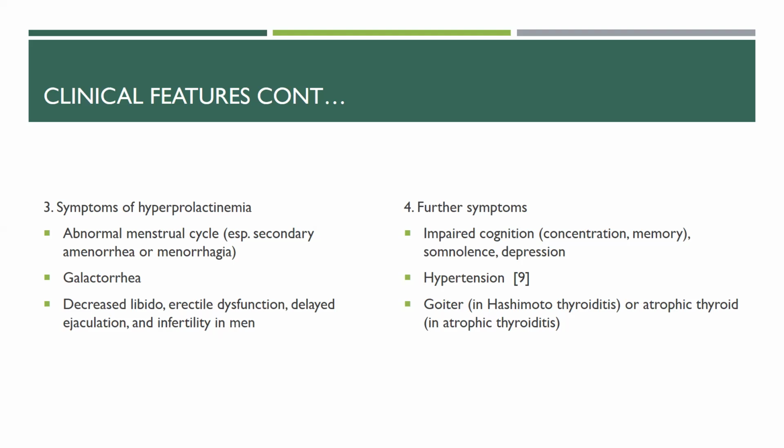Okay. So also, paradoxically, you can get goiter in hypothyroidism. I know we always assume that goiter can happen in cases of hyperthyroidism, but it can also happen in cases of hypothyroidism. So in hypothyroidism, you usually have goiter in Hashimoto thyroiditis or atrophic thyroid. Okay,